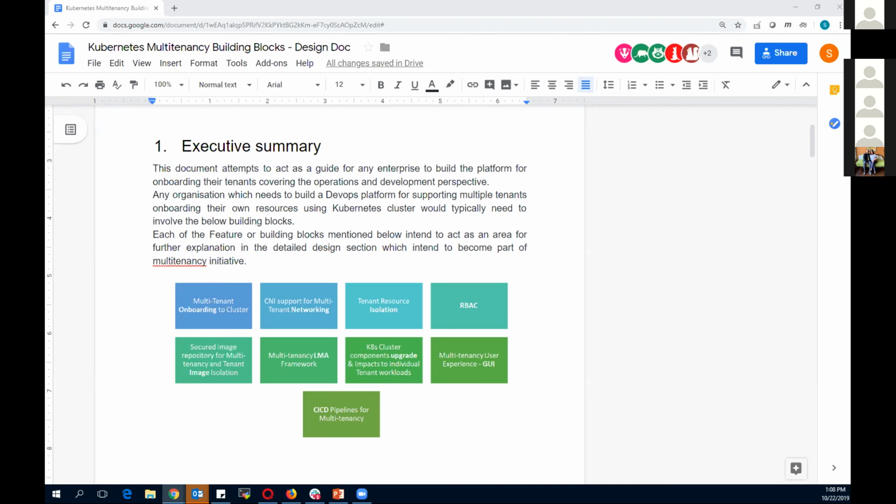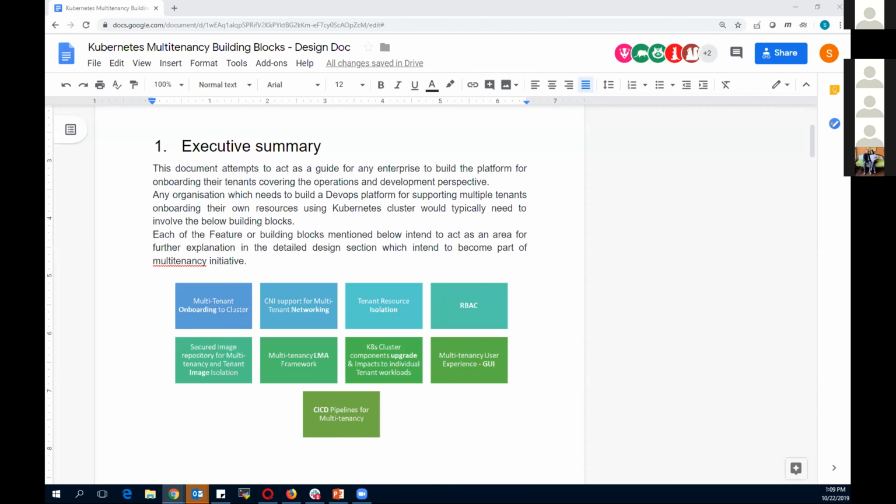And then also hardware isolation, which can be using pod node selector or node labels to specify a specific node for a particular tenant. And also very important in the tenant resource isolation will be the tenant container security aspects like pod security policy, AppArmor, SecComp, tenant container immutability, liveness and readiness probes. All of these we are looking at covering under this building block for tenant resource isolation.